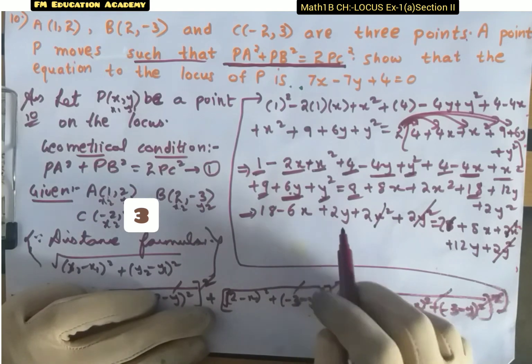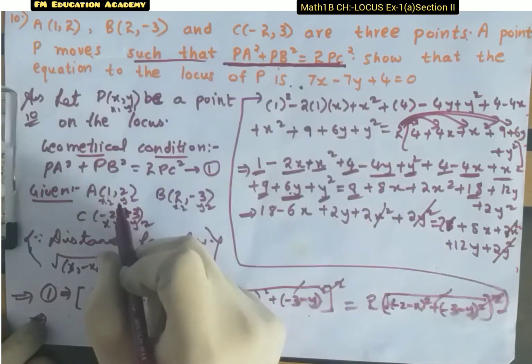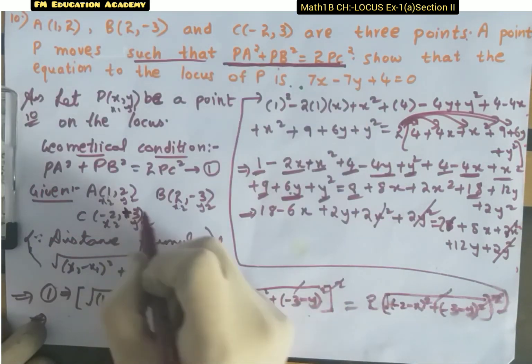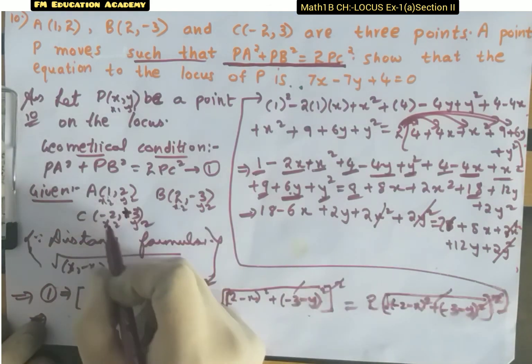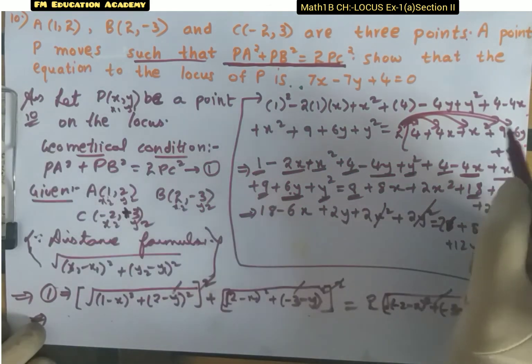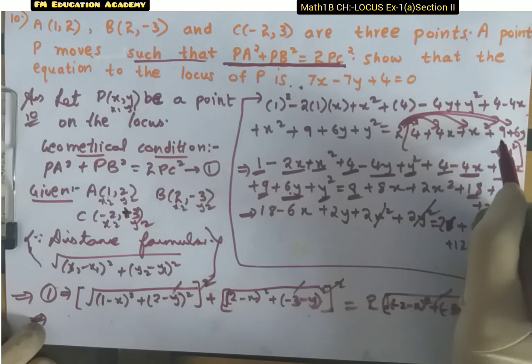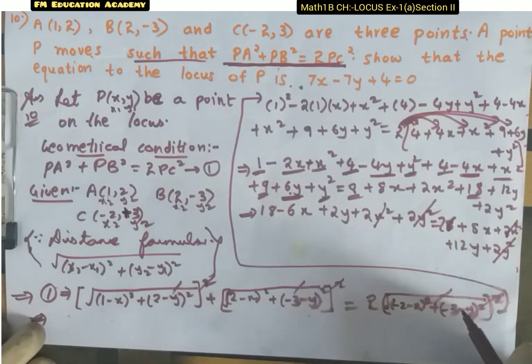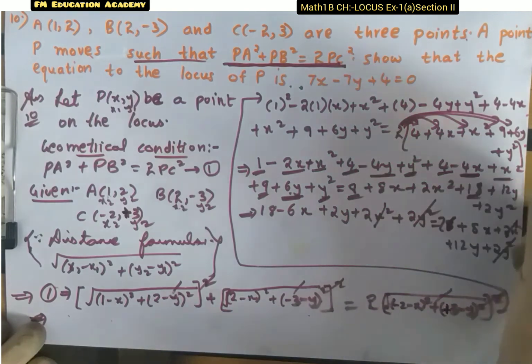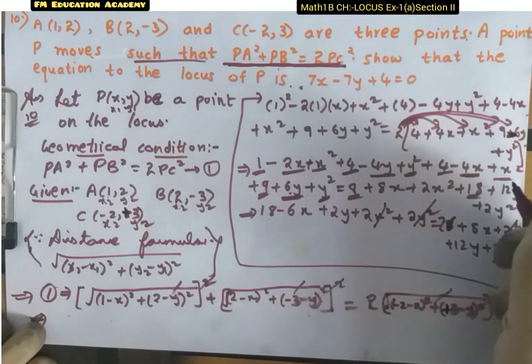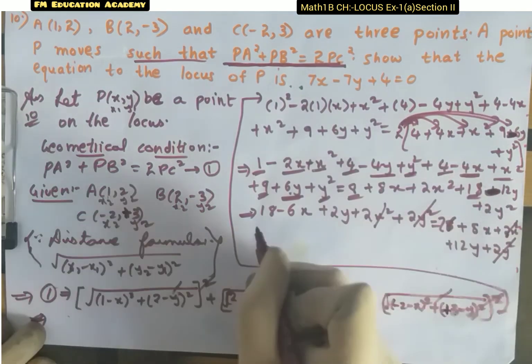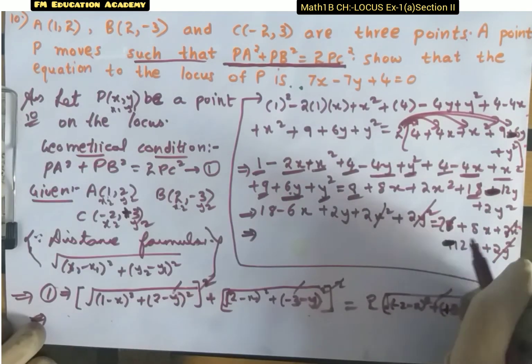What about y terms? C is given as minus 2, 3. By mistake I had written minus 3, that is plus 3 only. So we'll change this y2 minus y1 whole square. y2 minus y1 means 9. Here we'll have, right? 3 plus 3 minus y whole square means minus 6y it will become. Okay, so minus 12y here. Okay, so we'll have minus 12y.